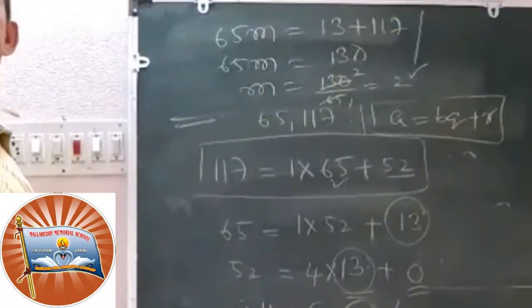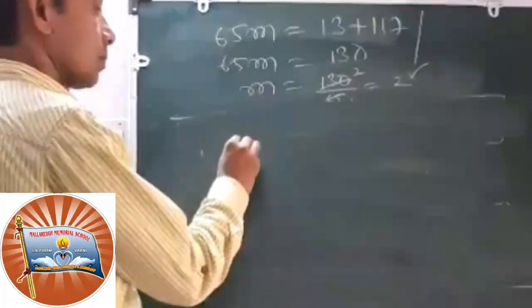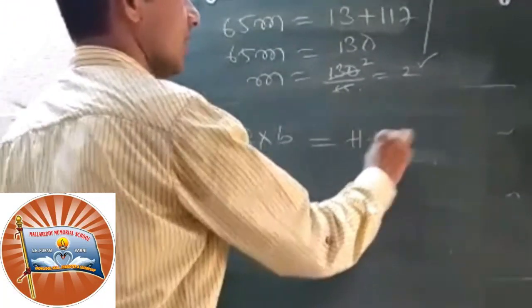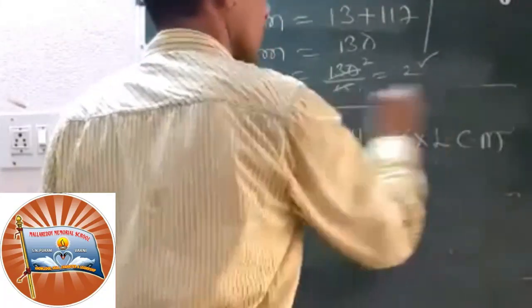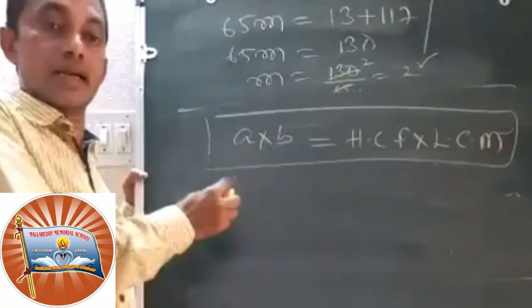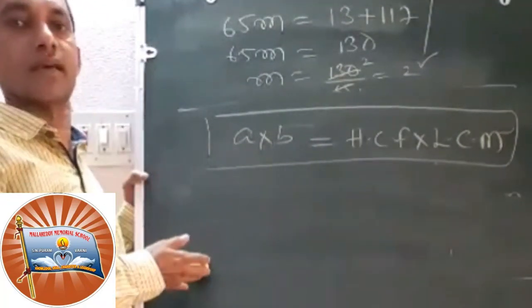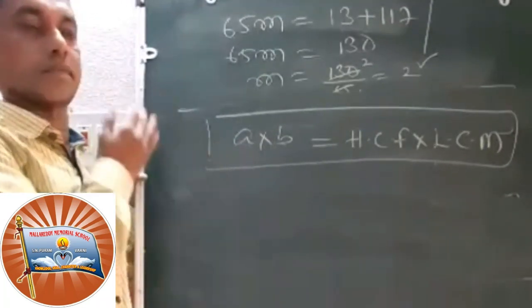Now what has he asked? He has also asked you to find out the LCM. The product of any two numbers is equal to the product of their HCF and their LCM. So this is the basic thing. It is a pre-concept or prerequisite. What I say, in your earlier classes you have come across this concept.